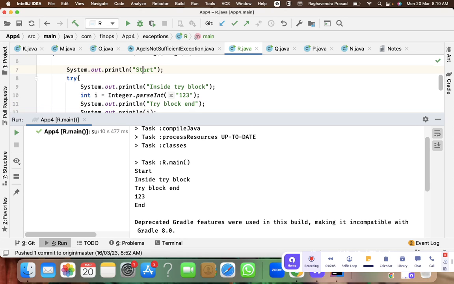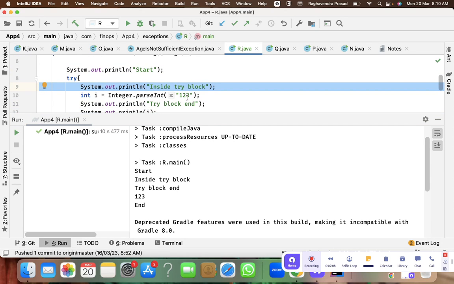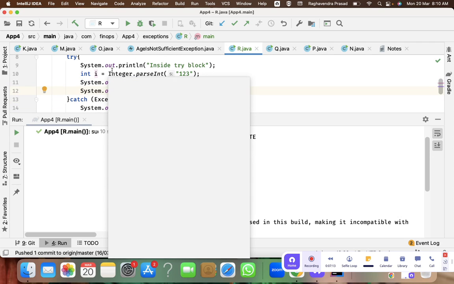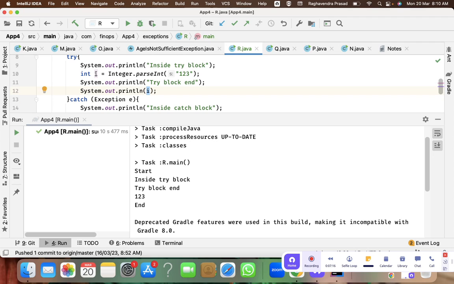You see, start, inside try block and then try block end. After that, value of i is what? How are we getting the value of i equal to 123? That is because of Integer dot parseInt of 123. Here if you notice, I am giving 123 as a string. I am converting that number which is in the string format to integer format. For that I am using this way. So this Integer we had learnt in the wrapper classes. Those classes have some inbuilt methods. One such method is